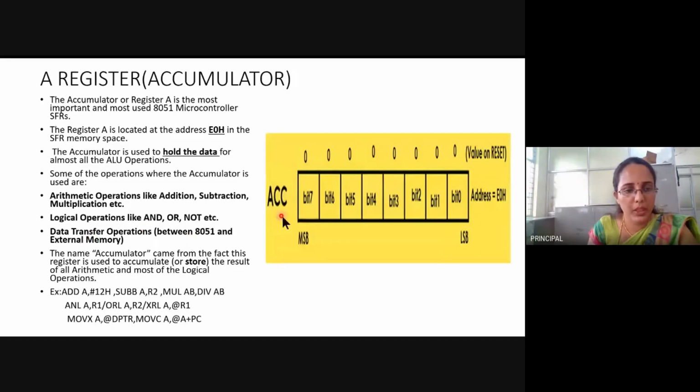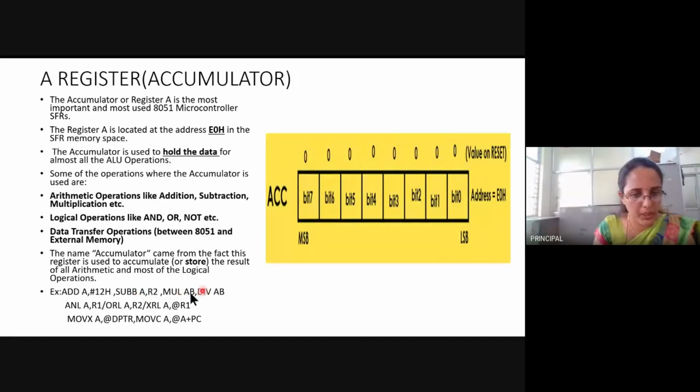Arithmetic operations like addition, subtraction, multiplication, and division, as you can see here in some of the instructions: ADD A means the accumulator, and subtraction, multiplication, and division also make use of the accumulator.